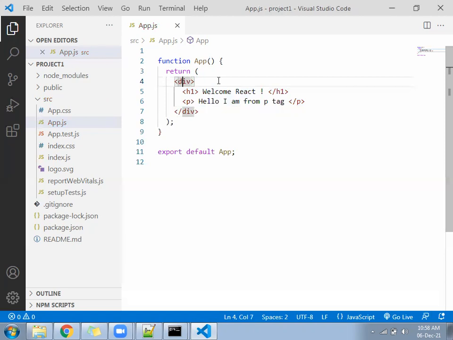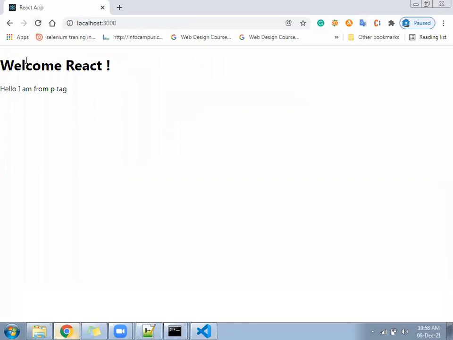In case an error is coming, you can reload it manually. Error is gone. There is no error. Welcome React plus Hello, I am from the PTag.